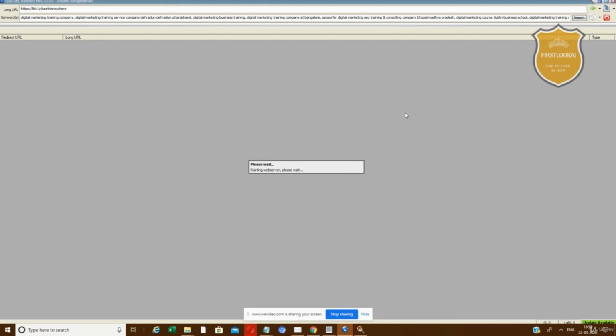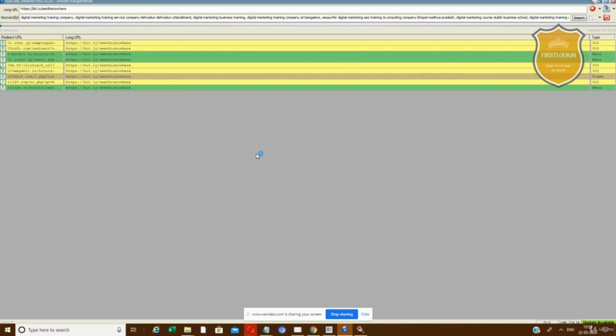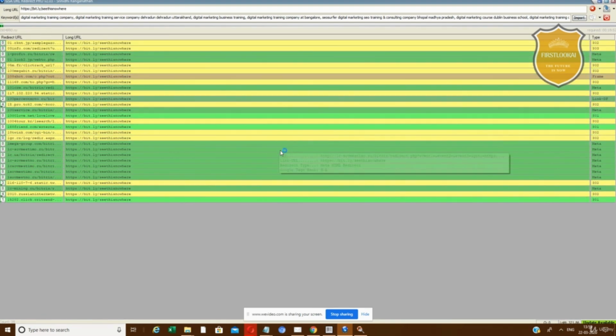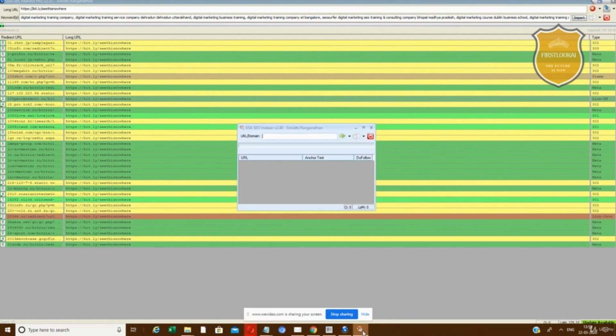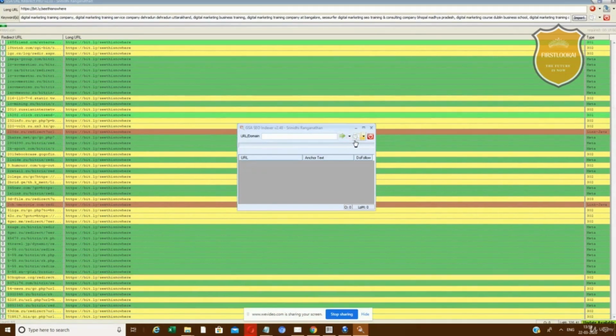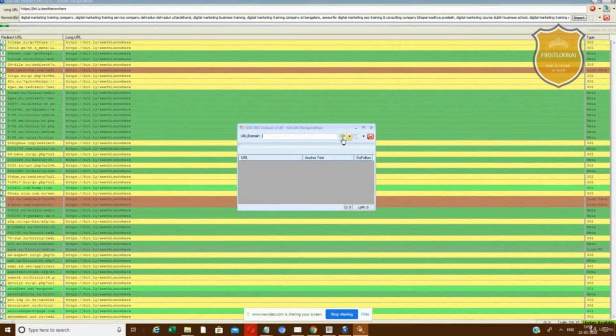So now we got to let it start. SEO indexer has started. Get ready, Saranya. Click on the green one here. There we see thousands of URLs created now. Super good. And just see the SEO indexer here. Let's see how it loads. We have to make sure these two are in sync.